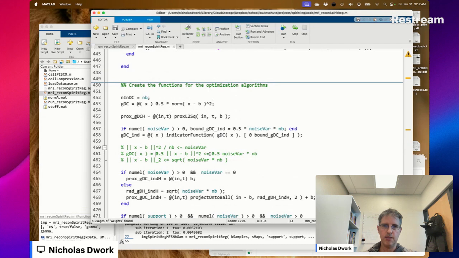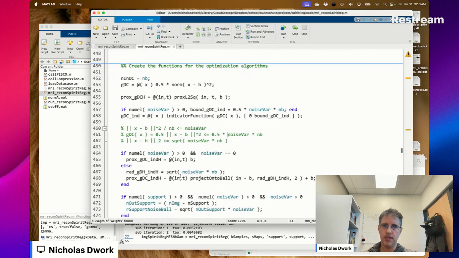GDC needs to be less than or equal to 0.5 times the noise variance times NB. Multiply both square roots, so the radius should be noise var times square root.